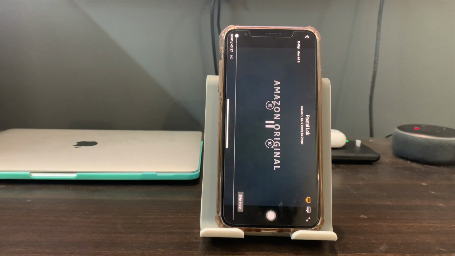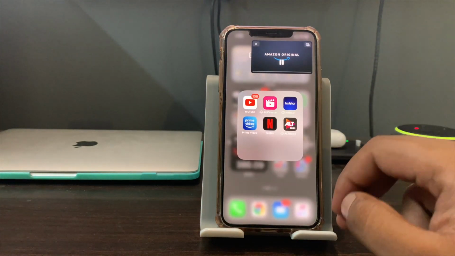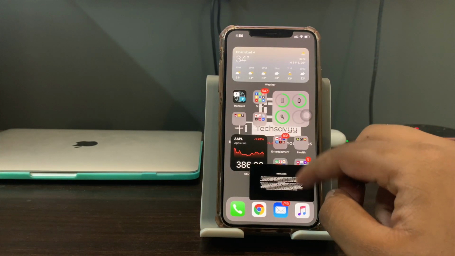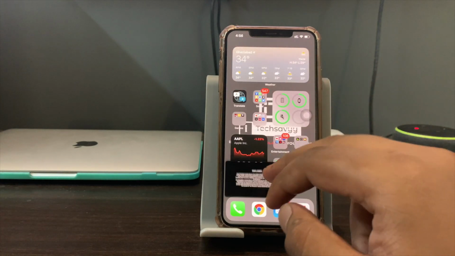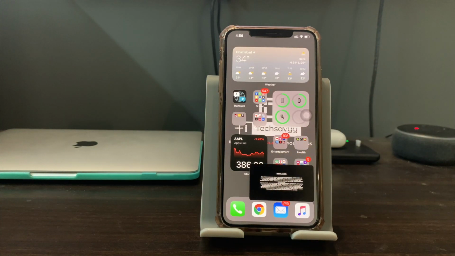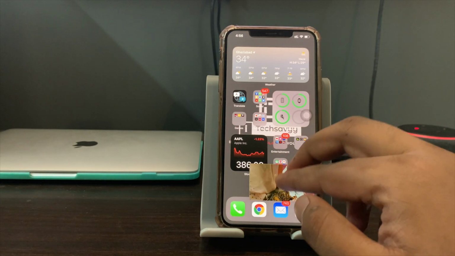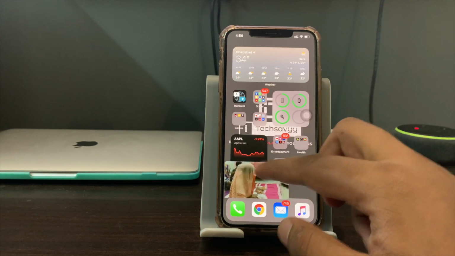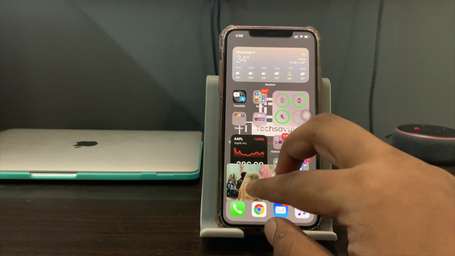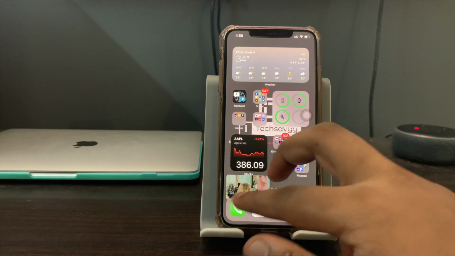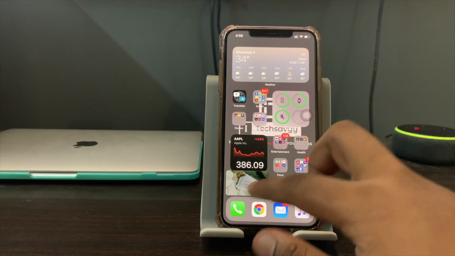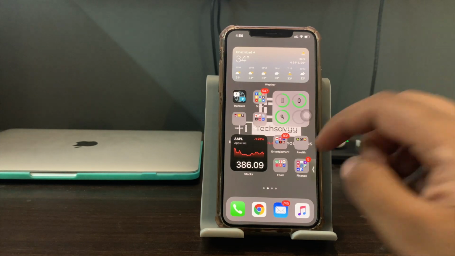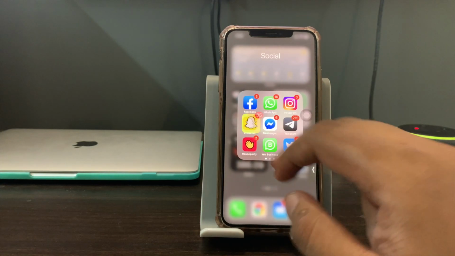So what this picture-in-picture helps you to do, you can simply swipe to your home screen while watching something and still have that particular window on your home screen. And you can choose the four corners to see that particular window. You can also enlarge it or also decrease its size. You can also hide it in the corner while just listening to the audio, and you can even access this between other apps.